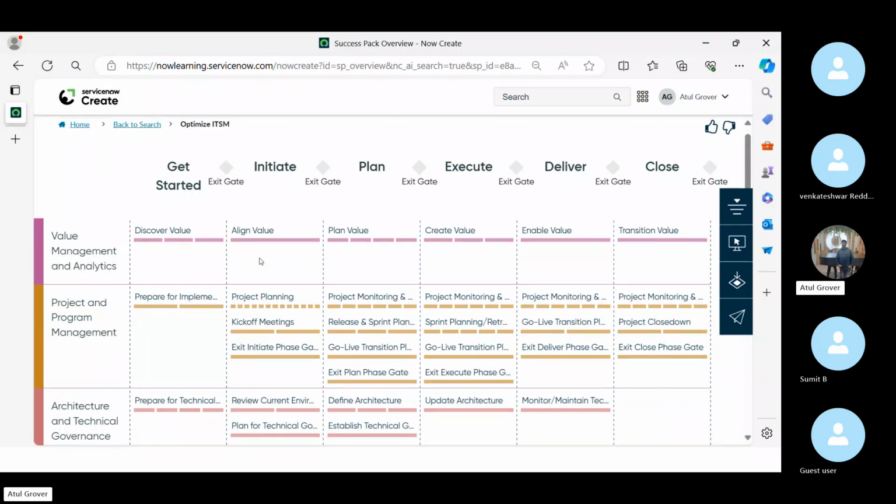Now let's say I'm not in the pre-sales or the sales part. I'm in the middle part. Not a project manager, but let's say a junior project manager. So my work is to start the project planning. You can see here the project planning, but do you see the dots here? These are the key areas. Click on this